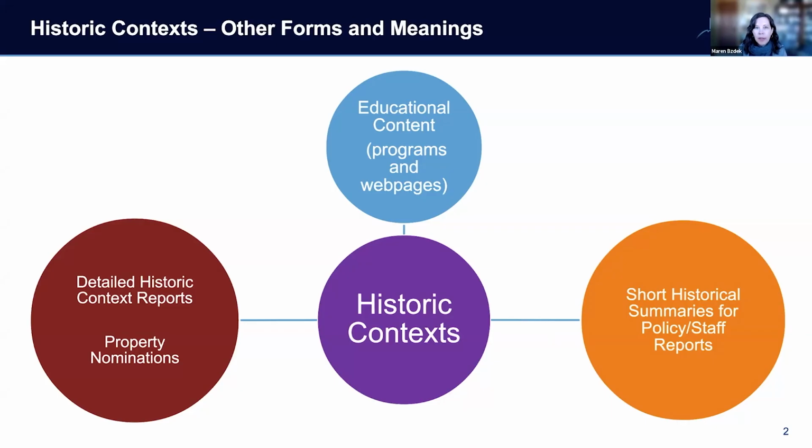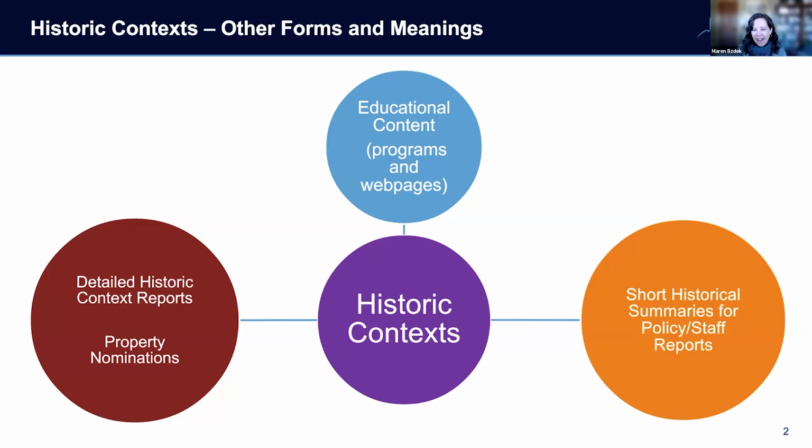In other words, when you think about the fact that in our local preservation programs, we're constantly producing community history that supports the work that we do, even when we don't have a formal historic context study underway. And so what we try to do at Fort Collins is marry those things together as much as we can. Essentially that research and writing that we're doing on an ongoing basis can feed into formal grant-funded context reports. We can also use those formal context reports that we produce over time to create more abbreviated content for other purposes. So that dynamic relationship between those two approaches in both directions is what we want to try to convey today.